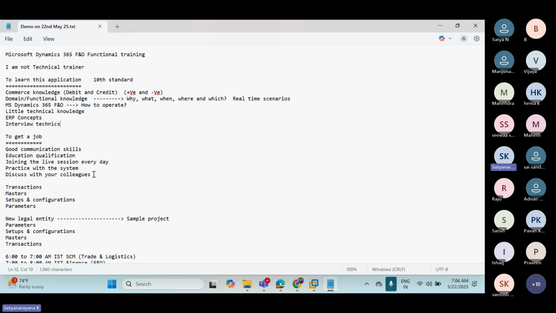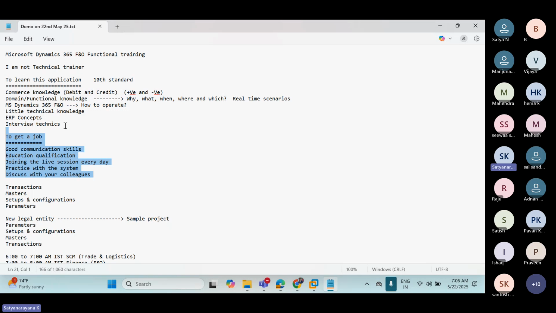If you want to get a job, all these skills are required. I will make sure you learn these skills, but you need to put in your own efforts to become an expert